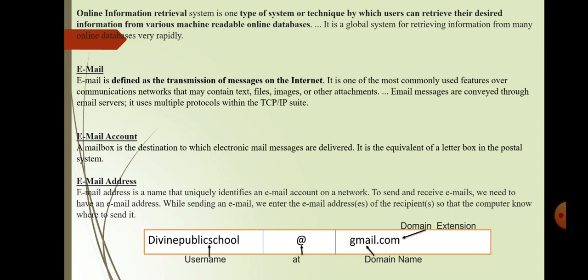For example, if you share your email ID with anyone else and you forget to put the @ sign, then your email address is not considered a valid email address. So we must put the @ symbol, and the responsibility of the @ symbol is to separate username and domain name. Don't forget this. Moving to the next.